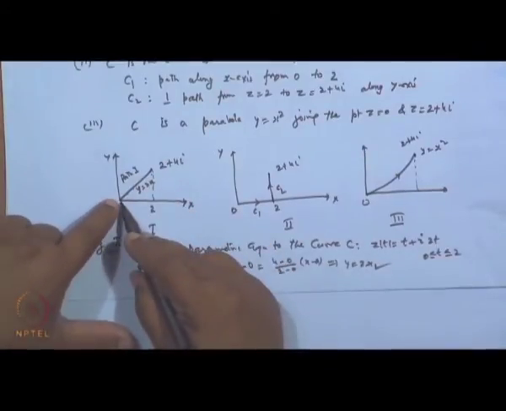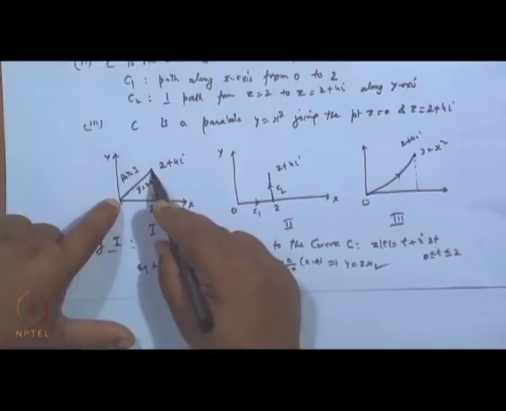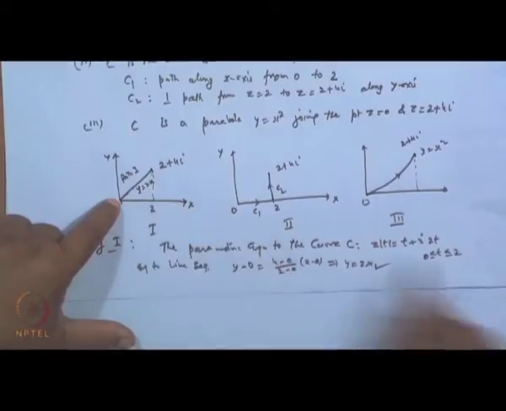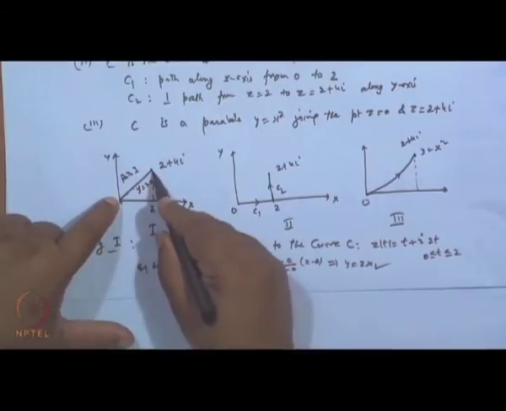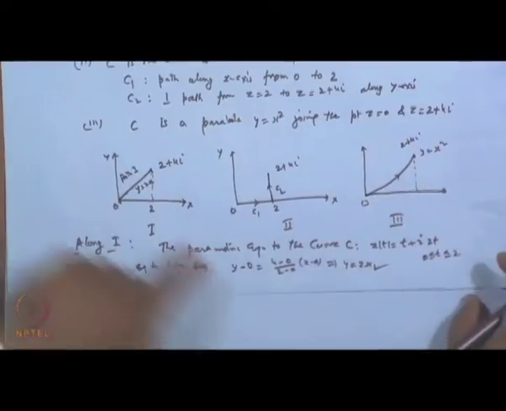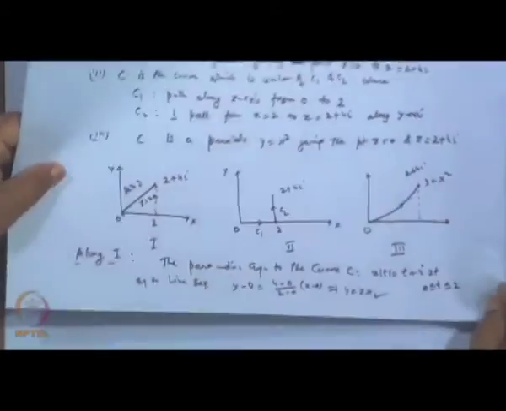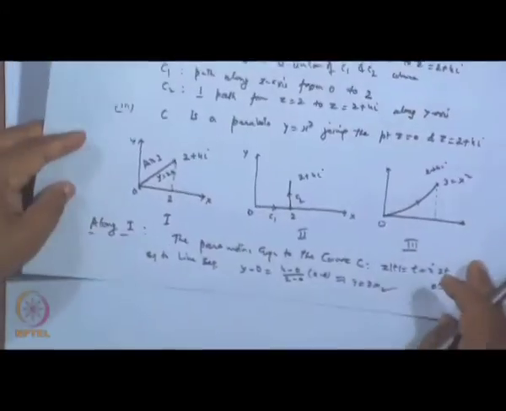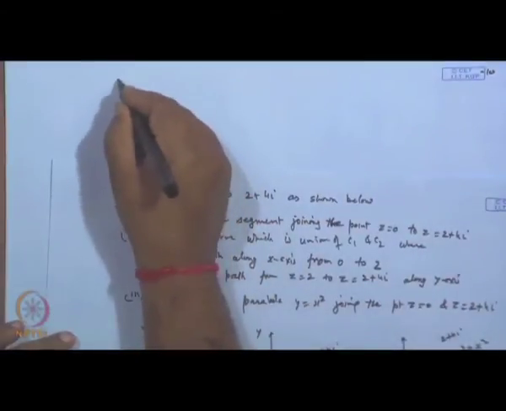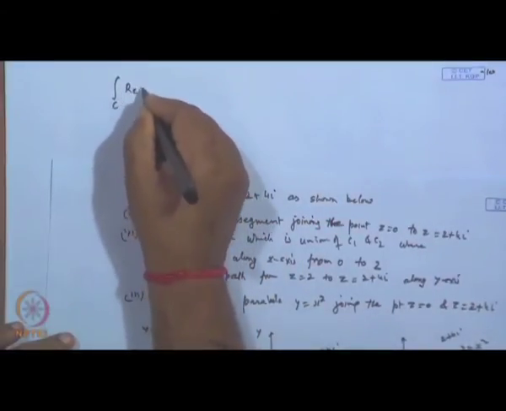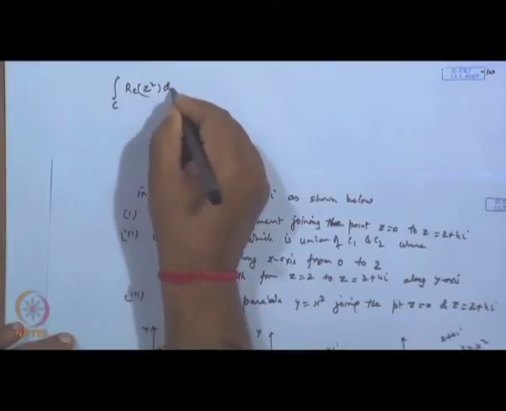So, if I take t equal to 0 here and t equal to 2 here, then t varies from 0 to 2, and it will cover from here to here in a linear way. So, this is the parametric equation of the curve. Once you get the parametric equation, then you just calculate it. What is our integral? The integral was the integral over C of the real part of z squared dz.